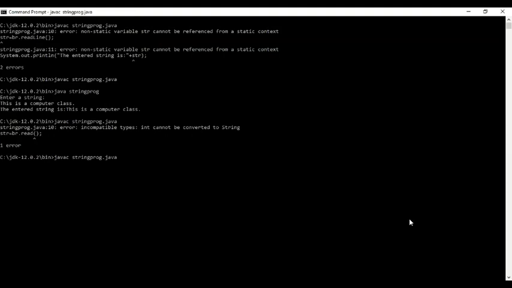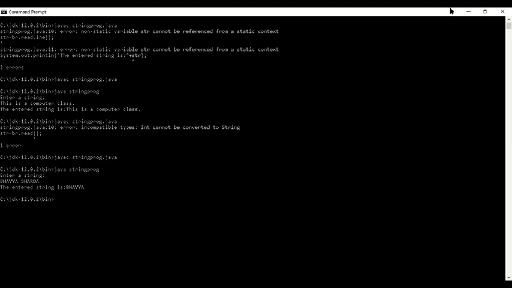So I am saving this program and I am going to command prompt again. javac string proc.java. No errors. See. Suppose I am typing the name Bhavya Sharda. See, what is it taking? It is taking only the first word. As soon as the delimiter space comes, उसके आगे वो read ही नहीं कर रहा है. So entered string is Bhavya. सिर्फ उसने first word read किया और उसको print कर दिया.